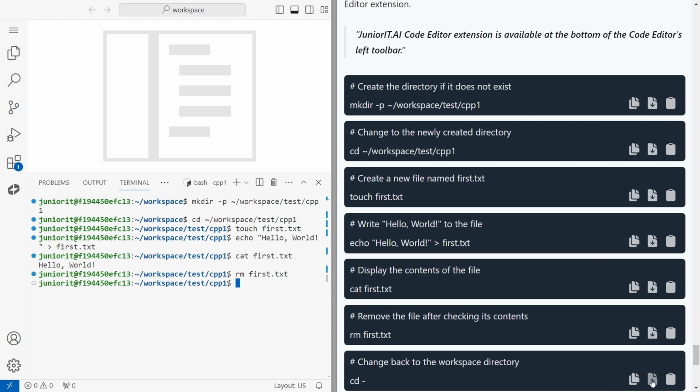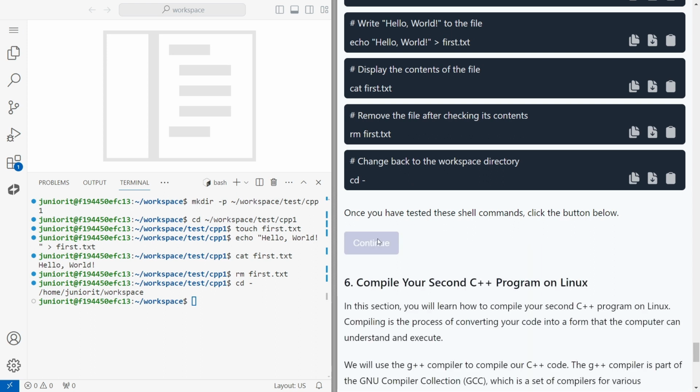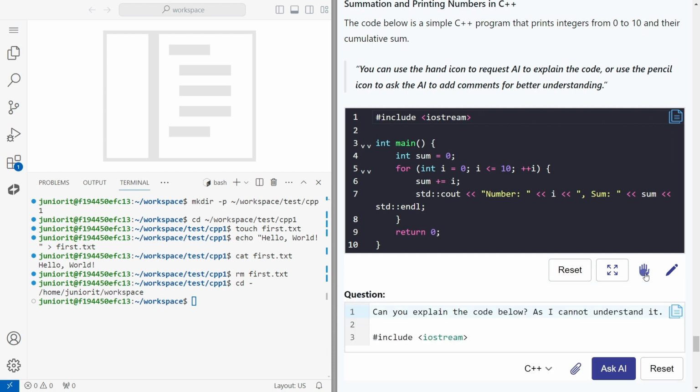Now let's execute the last command. And after executing all the commands, just click on the continue button. If you fail to execute even one command, you won't be able to proceed. In the assignment, you will find the source code that you need to use. Again, you can click on the hand icon to understand it using AI, or just click on the pencil icon